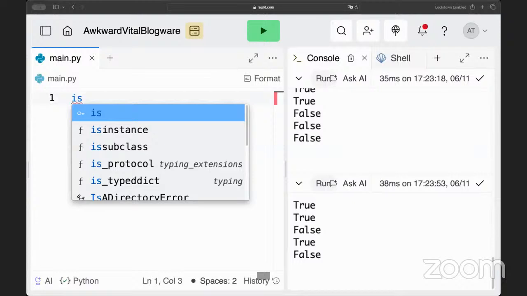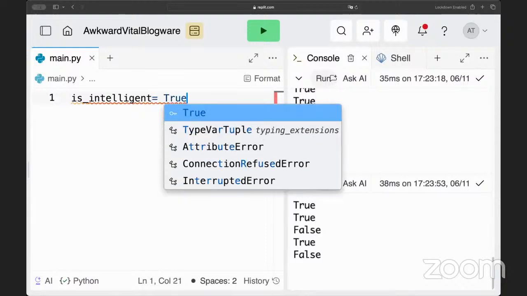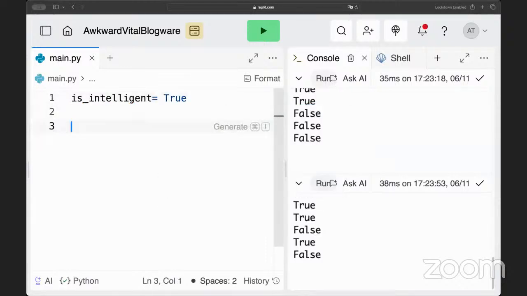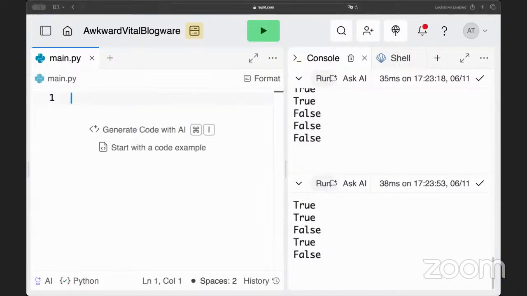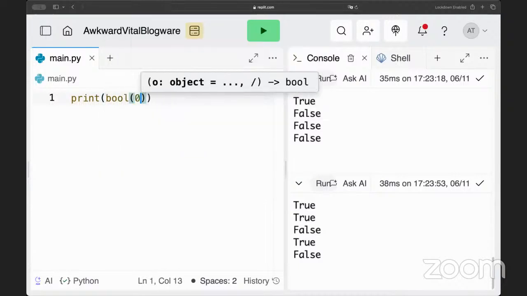So let's try to understand. Is intelligent equal to true. Okay. Let's check it. Print bool of -1.